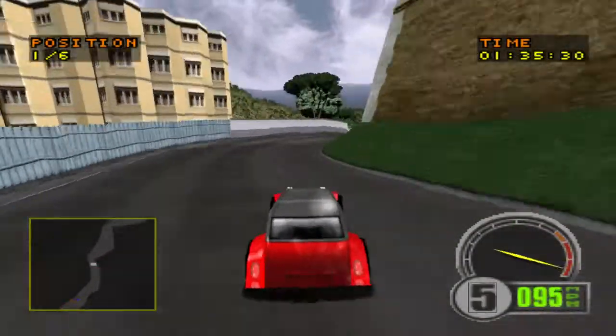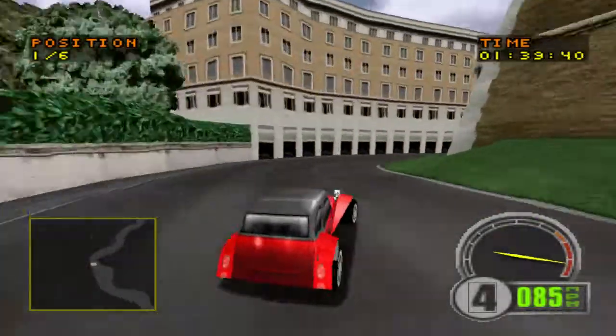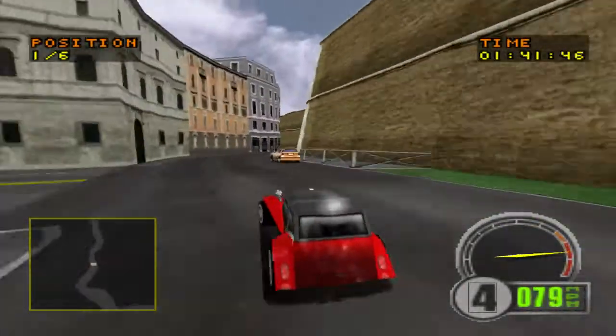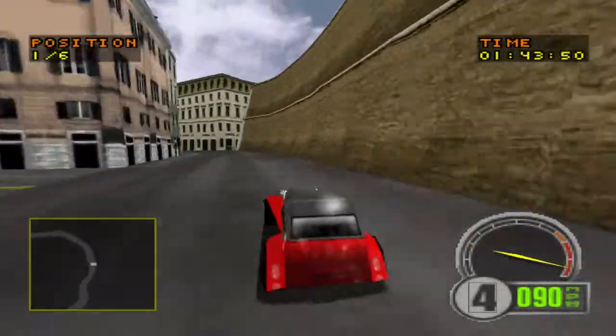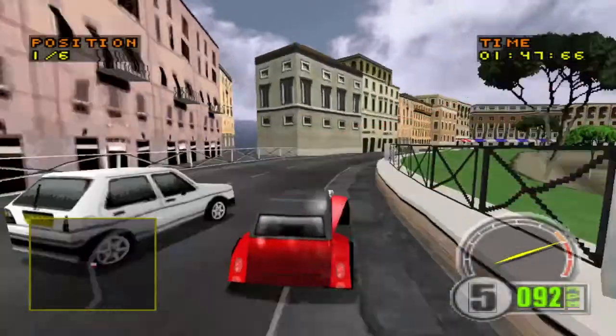This AI isn't doing too well right now. I've pretty much held first this entire race. I've never lost it. I actually am doing pretty good, to be fair. Well, you are driving a Caterham. And I think you got a healthy enough lead on everybody else, so...